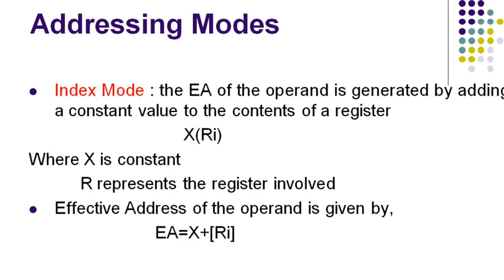In any assembly level language program, the constant X may be given either as an explicit number or as a symbolic name representing a numerical value. It can be a number or a symbolic name which represents that numerical value. I can directly give some number for the value of X, or I can symbolically represent it. The way in which a symbolic name is associated with a specific numerical value, we will be studying in the next section.